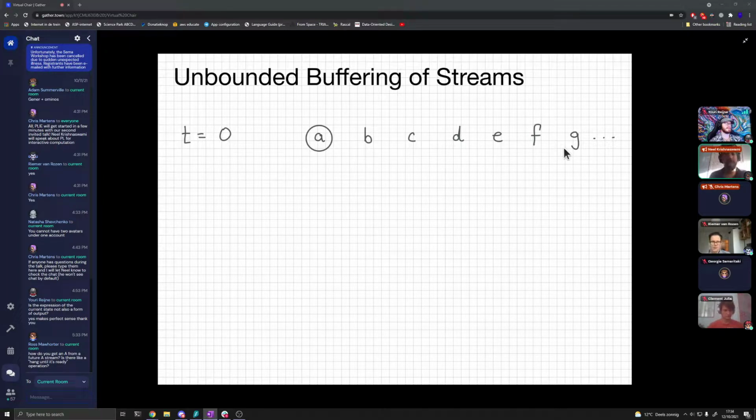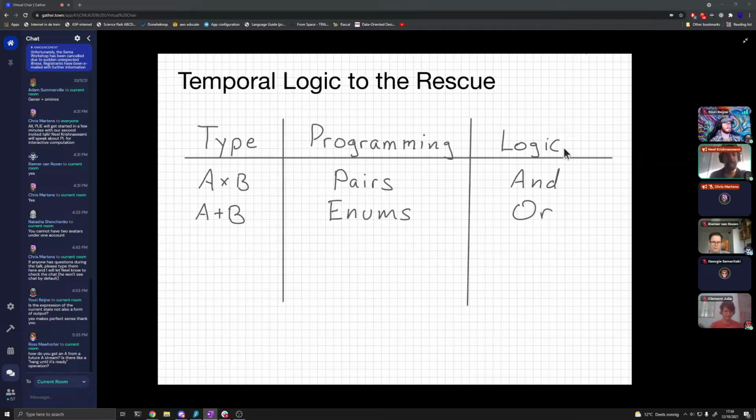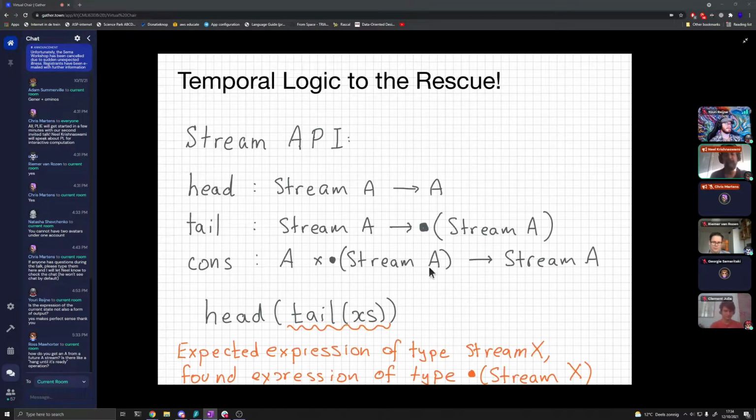So over here, we're saying I have a stream that's going to start producing elements tomorrow, and I have an element that I can use right now. And so you can put them together to say, okay, on the current time step, I'm going to give you my first argument. And then starting on the next time step, starting tomorrow, I'm going to start enumerating the elements from the stream that starts working starting tomorrow. Was that clear?